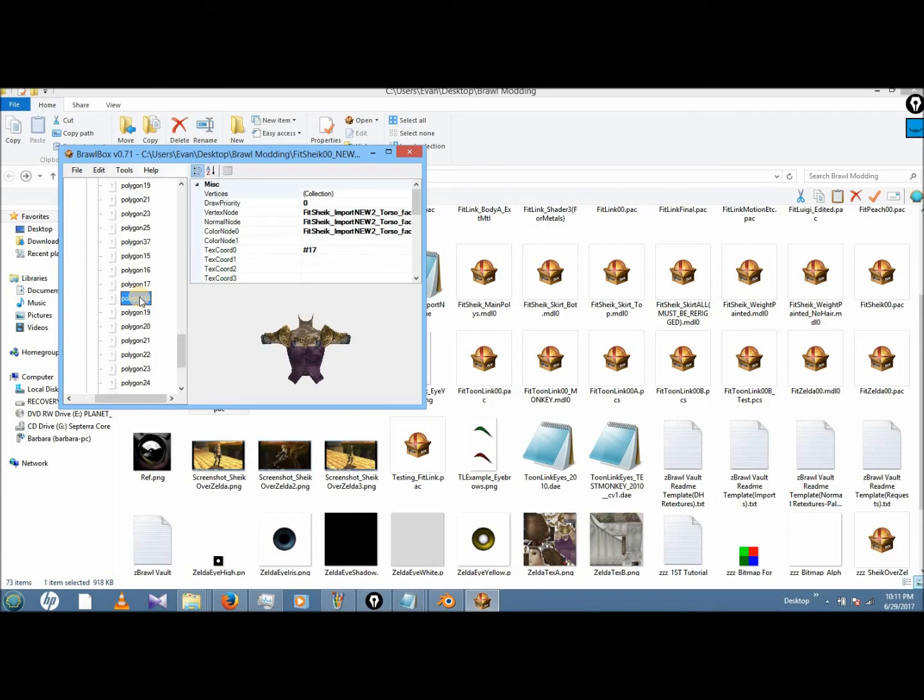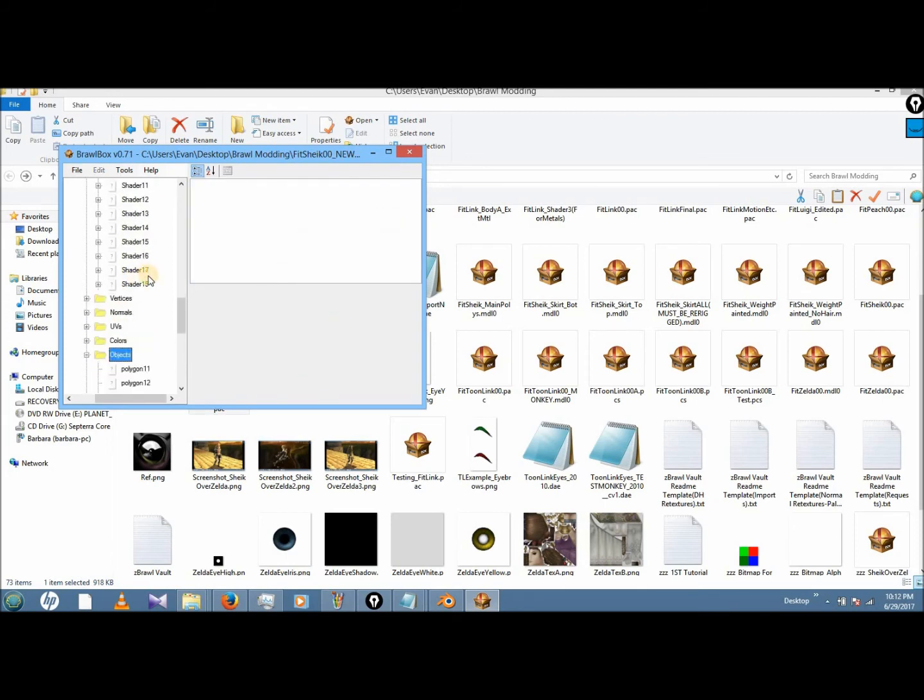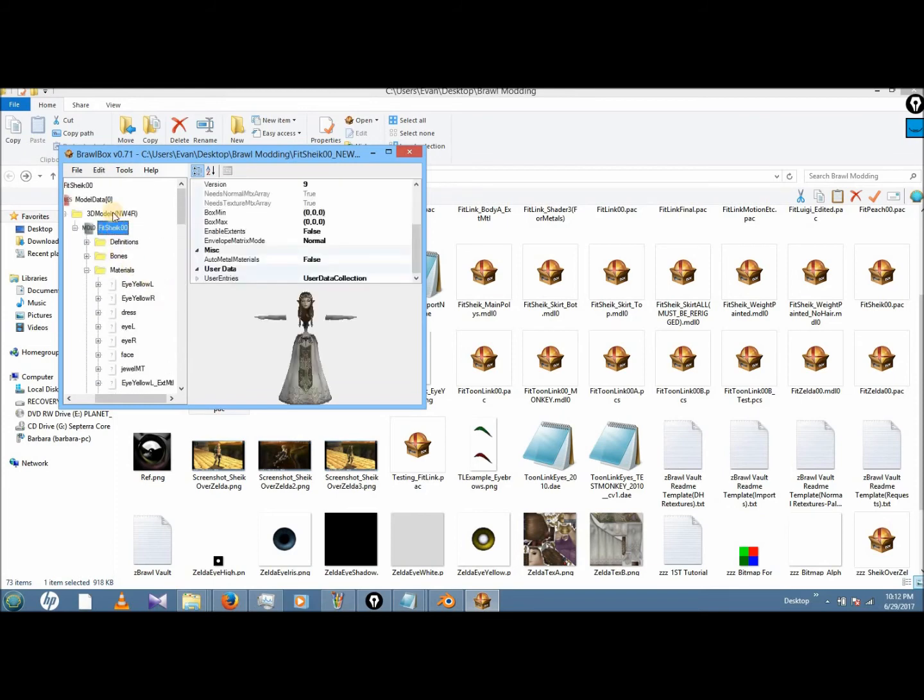I might need to re-import that one. Yep, I do have to import that part.